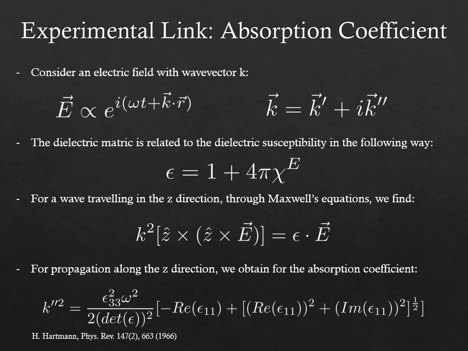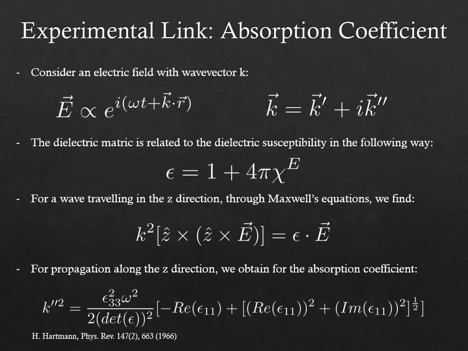And if we assume, for example, a plane wave with a direction of propagation in the z direction, so k is just in the z direction, you can take twice the cross product of the electric field of this form, and you get this relationship. And then it's just a matter of solving for k here, and you just have to do a bit of math with this matrix, the epsilon, and you get this result here,